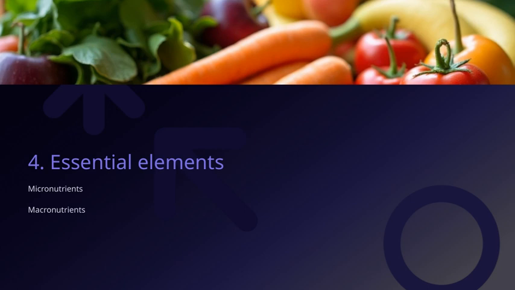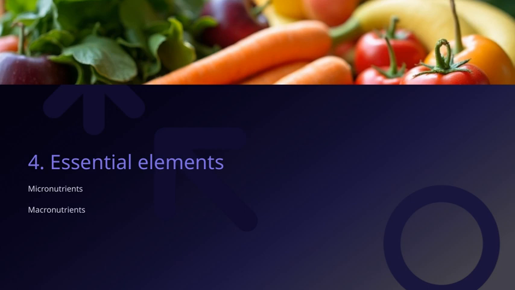Moving on to essential elements, these are specific nutrients that our bodies cannot produce on their own, so we must obtain them through our diet. They are crucial for maintaining overall health, supporting immune function, and ensuring proper growth and development. Understanding these categories helps us appreciate how balanced nutrition plays a key role in our well-being. By focusing on both macronutrients and micronutrients, along with essential elements, we can make informed choices to optimize our health